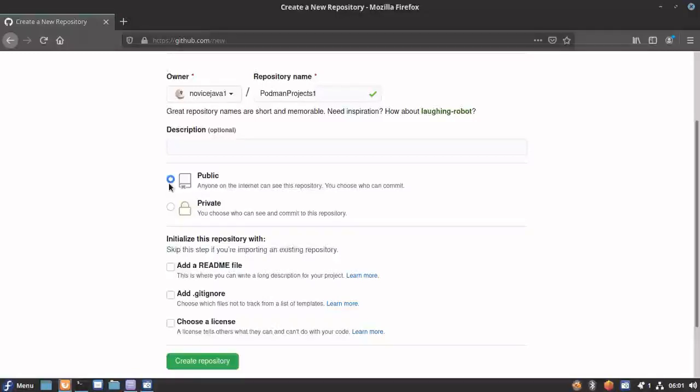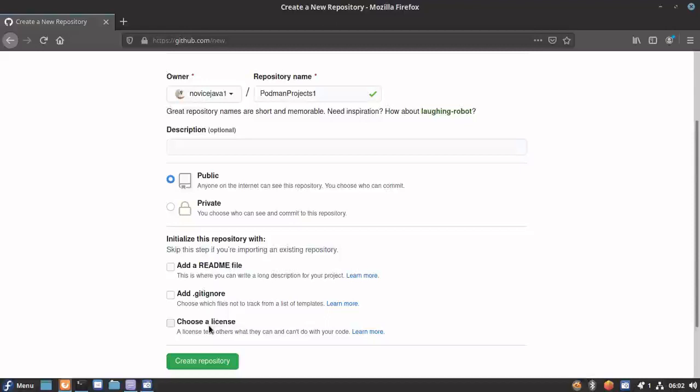I want to create a public repository so that everyone can see. This is just for learning purposes, so you can create a public repository, or if you have any confidential code, you can create a private repository also. If there is any README file, like how-to documentation, we want to keep in our repo, you can add this file, and a .gitignore file can also be added.